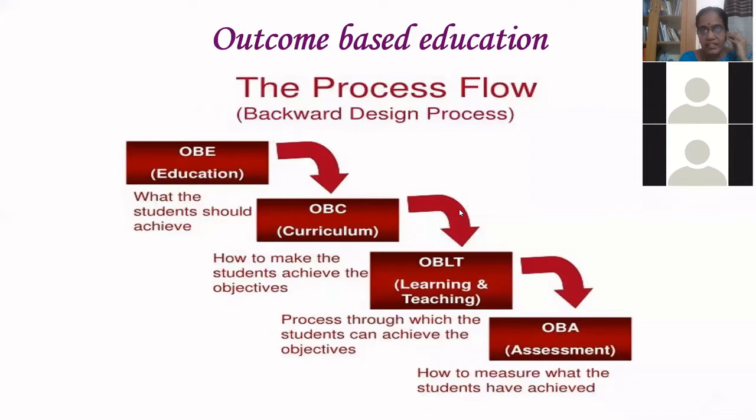We have started the design. The OBE process has four stages. The first thing you have to decide is what outcome you are going to achieve. That is defined in terms of PEO, PO and PSO. Then the curriculum is designed in order to achieve that objective. That part we are seeing now. We have to concentrate now on designing the course outcome. Then the later parts are learning and teaching and assessment.